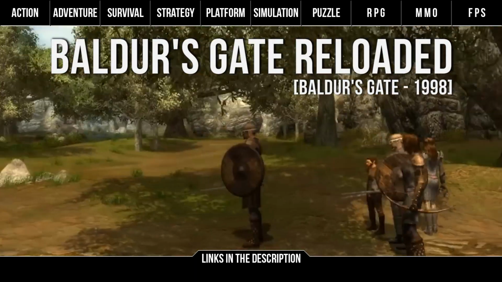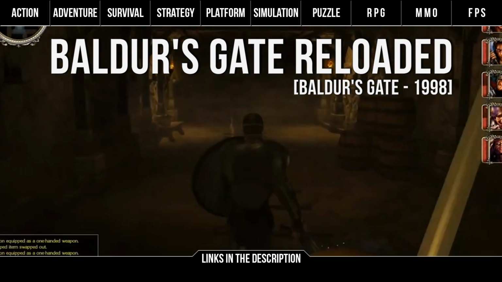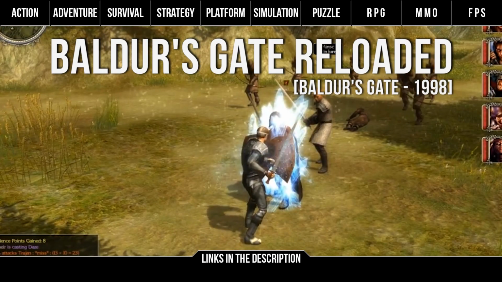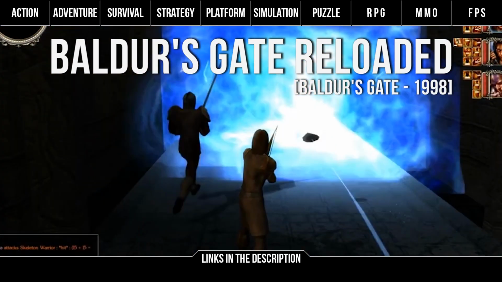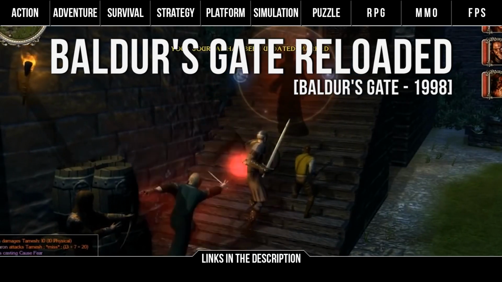Then we have Baldur's Gate Reloaded. This mod recreates the whole campaign of the original Baldur's Gate game along with its Tales of the Sword Coast expansion. Every location, character, quest, and dialogue line of the beloved 1999 classic has been carefully transferred into the 2006 Neverwinter Nights 2 engine. So if you missed out on one of the most notable RPG experiences, it's time to